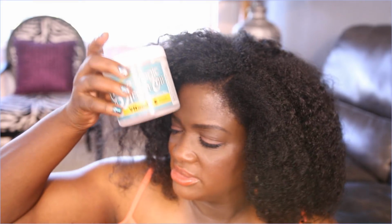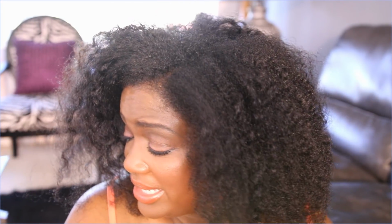And once I use this up, I won't be buying it anymore probably, because I can still style my hair with my moisturizer and some water. And definitely not that. So it all depends on your preference. Do you think you need a moisturizer and a leave-in conditioner and a styling cream to do your hair? I don't know. Not for me. I don't really need all those. Just give me my two basic